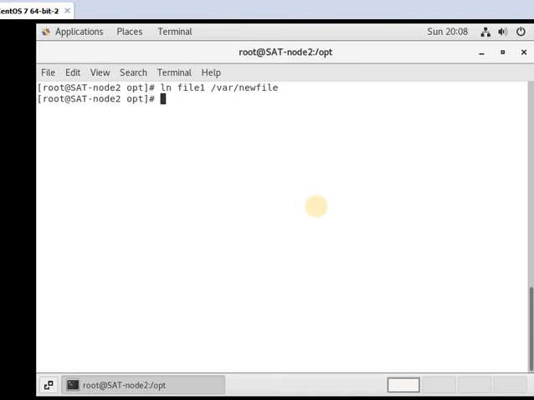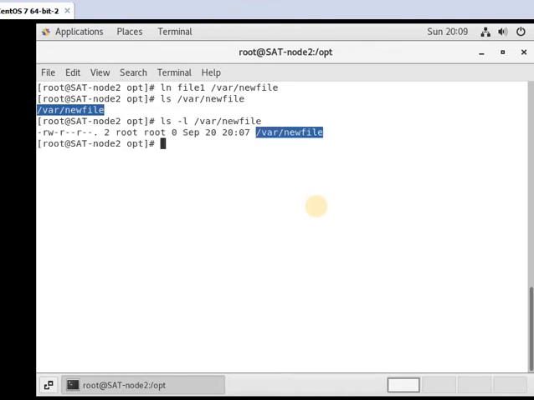We'll see whether the new file is created at the location or not. ls. You see, the file is created, and this is the hard link file for file 1. If we give the long listing flag, you see it is located in the location.